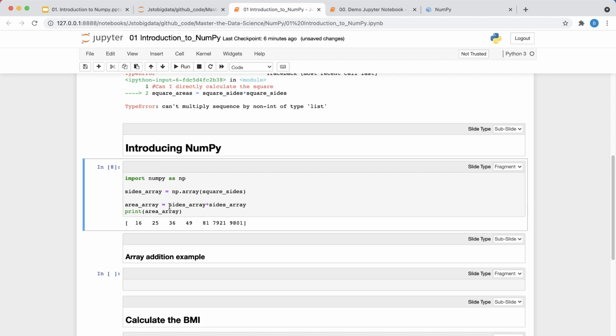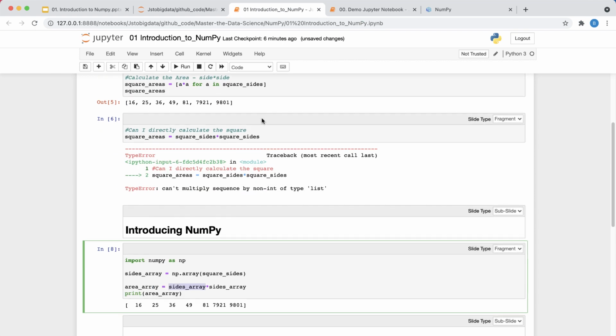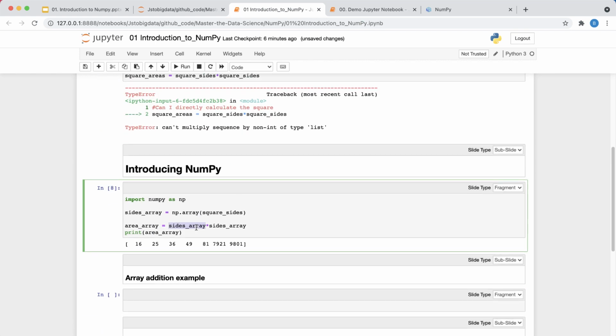So you see, I did not have to use any comprehension or anything like that. I could directly use this multiplication operation on top of another array, so that it takes care of multiplying each element by another element, comparing its index, right? You have here 4, 5, 6, 7, 9 and 89, 99, and then same here.